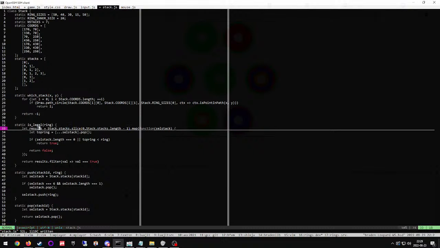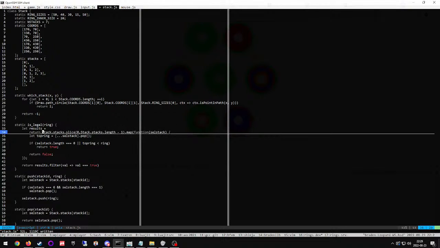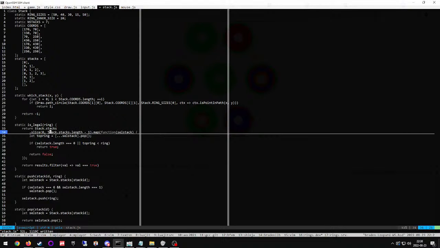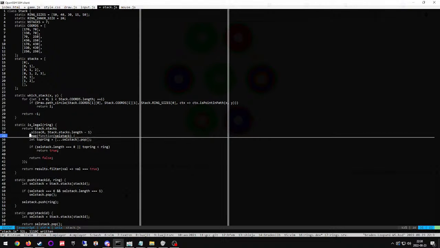Return stack.stacks, dude, dot slice 0 stacks on length minus 1. So we're getting everything except for the last stack. Dot map function cell stack. Well, I don't even have to do that really. I can just filter. Dot filter function cell stack, and just